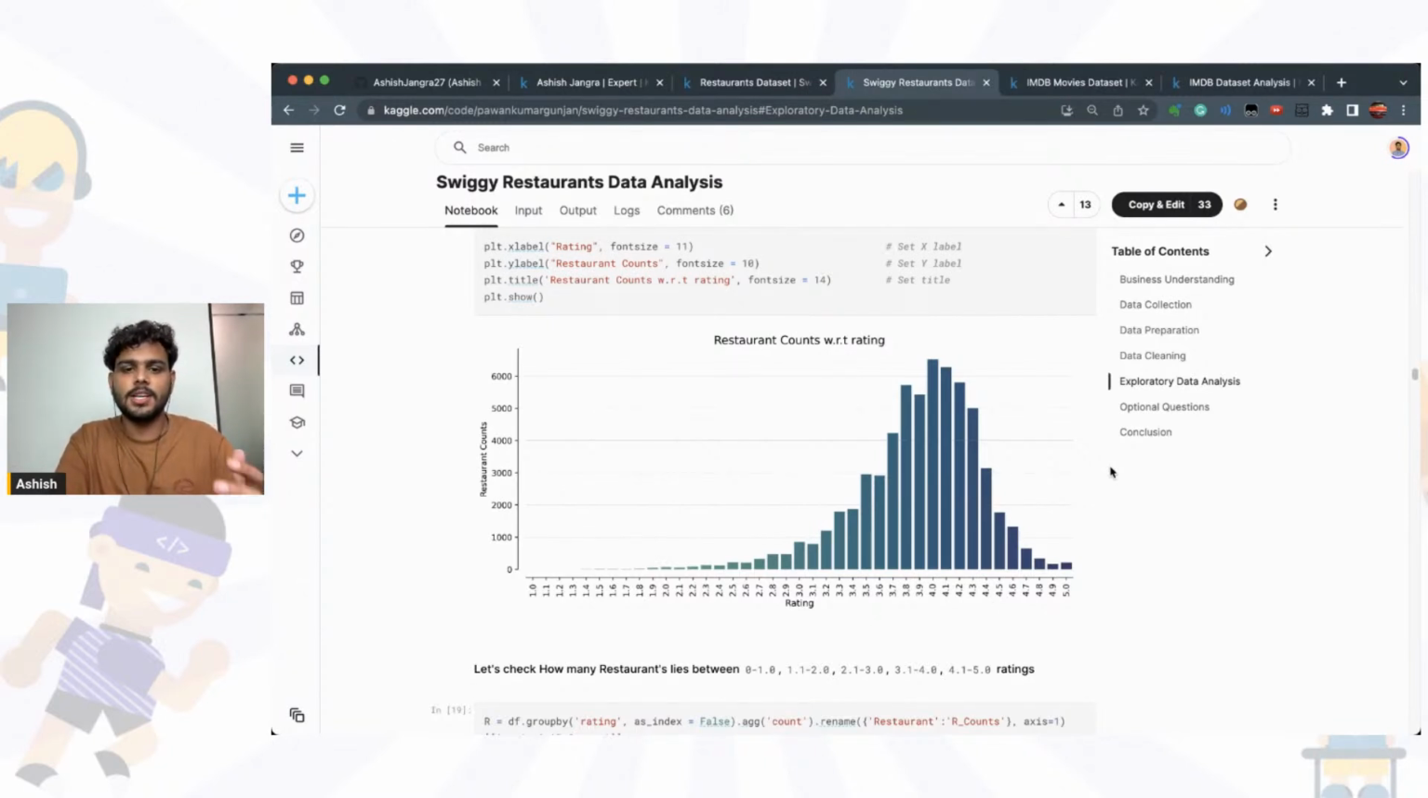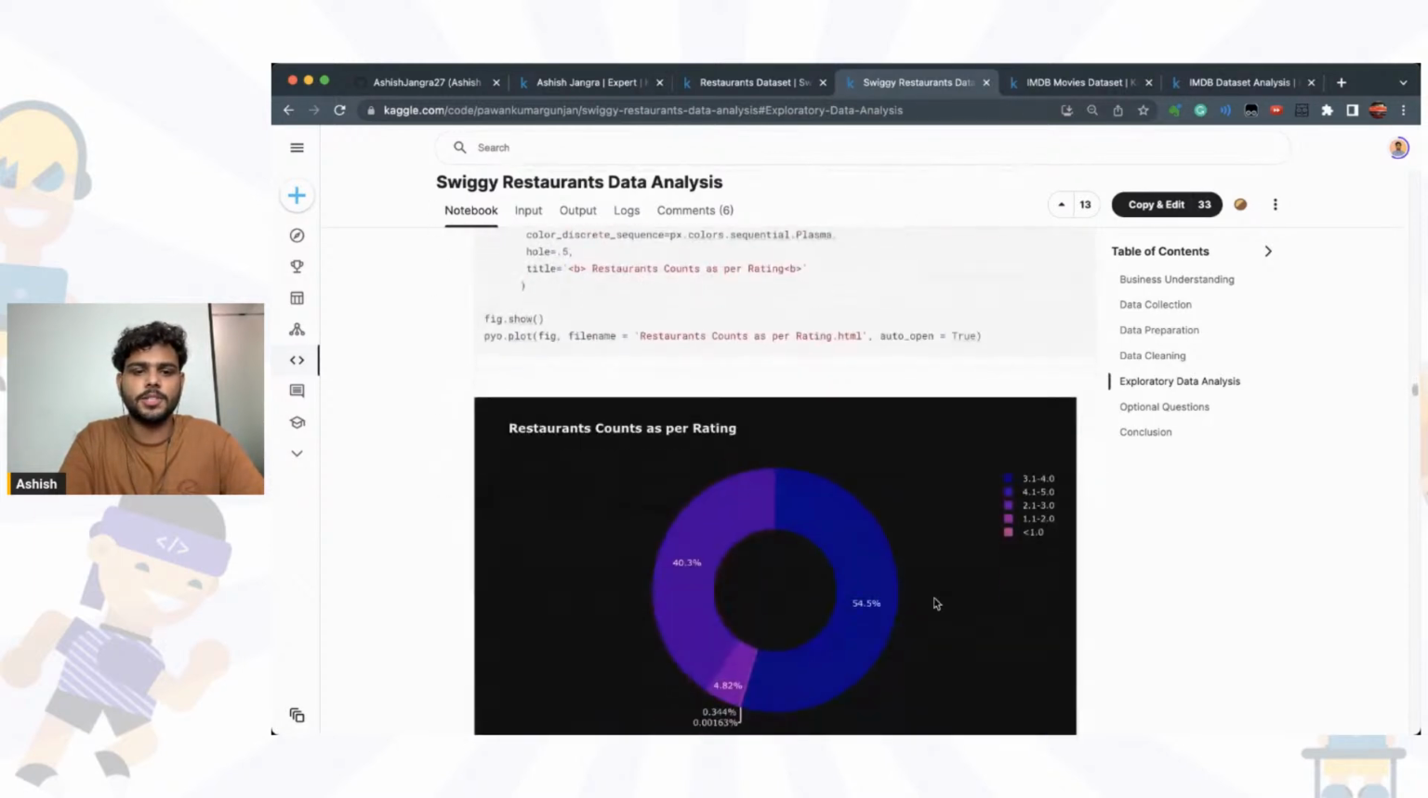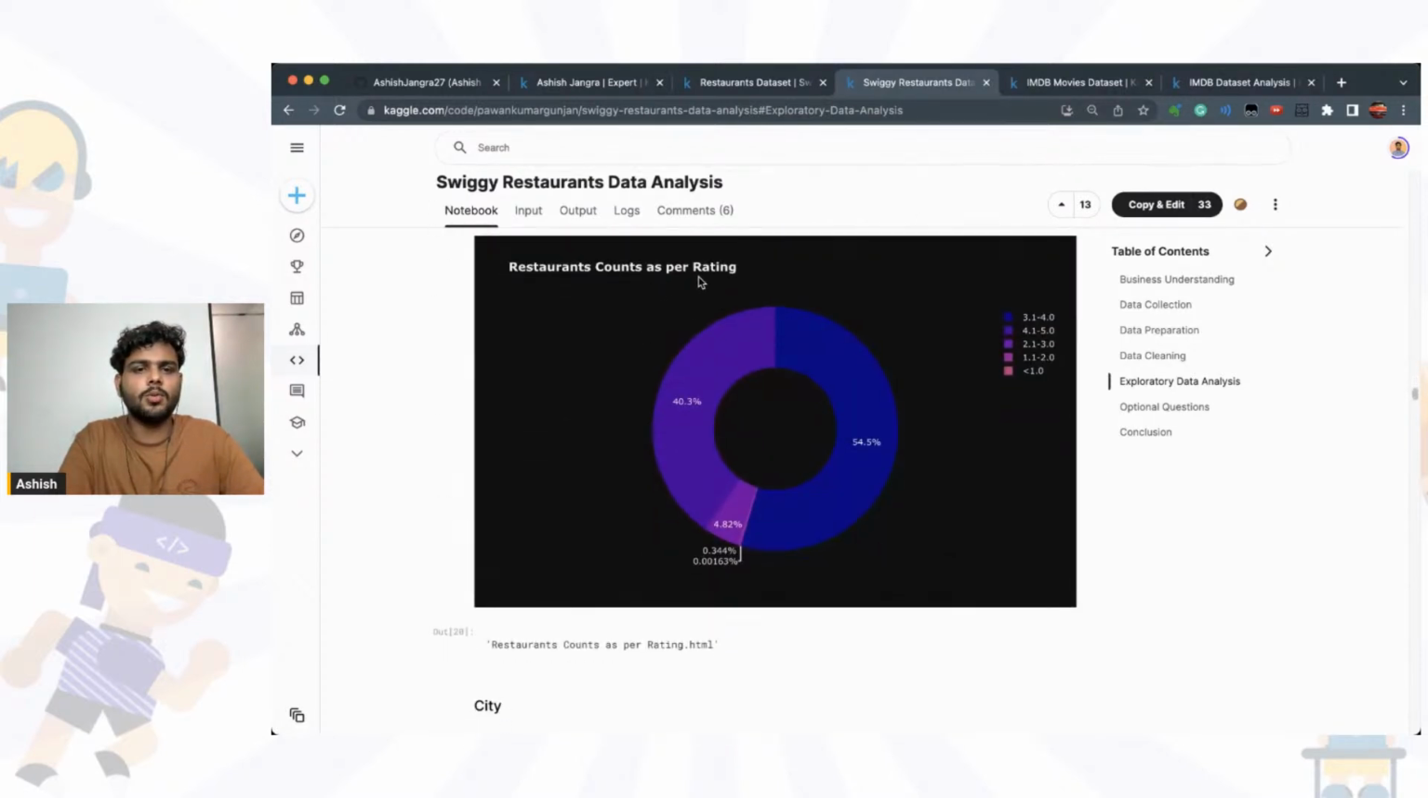graphs. Okay, so here you can see if I'm analyzing the rating count, most of the restaurants have a rating between 3.7 to 4.5. This is where the majority of the restaurants are. As you proceed further, you can see restaurant count as per rating. Okay, the same thing, as per the rating, if you are counting, the same graph,